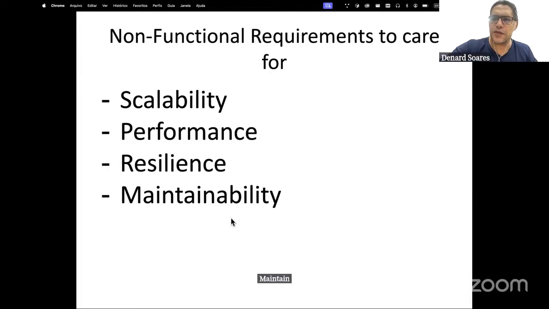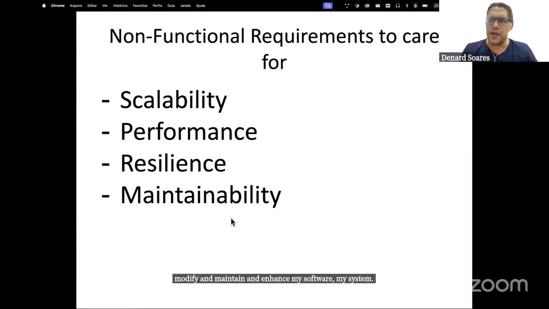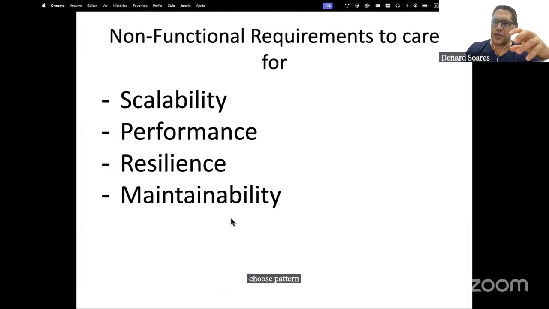And the last one, maintainability. It refers to how I can modify, maintain and enhance my software, my system, in the most favorable way with the least effort. So your choices on how you build up your system, how you modularize it, how you choose patterns or approaches for your system, really matter when you're talking about maintainability. Okay,